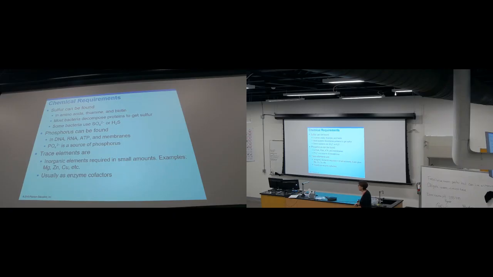So that's basically for nitrogen. Now, bacteria can also require sulfur. Sulfur is an element. It is found in amino acids. Certain amino acids, like cysteine, have sulfur. Thiamine is a vitamin, and biotin is another vitamin. So some bacteria can use sulfate or hydrogen sulfide